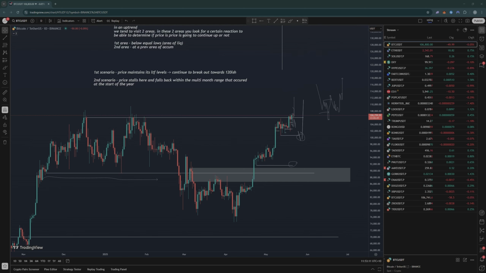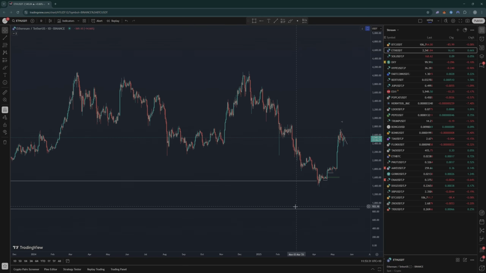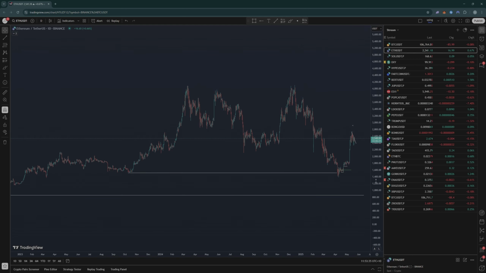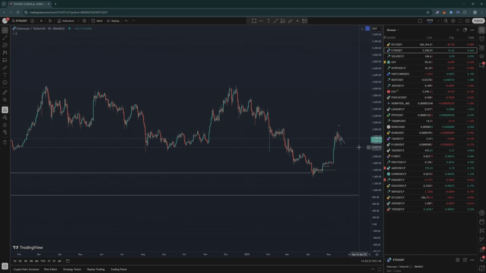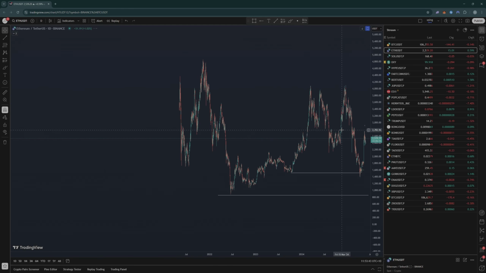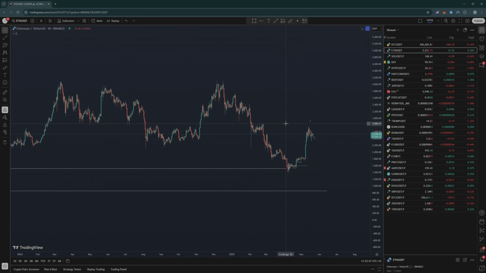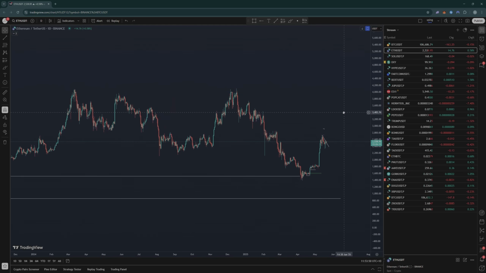Right, let's move on to Ethereum. So Ethereum, when we last covered this, we were down at around 1600 and it wasn't looking too good. But I gave you a clear game plan of what it will look like if we're going to continue up. And it honestly looks like Ethereum's going to catch up to Bitcoin. If you had asked me a couple of weeks ago, would I have said that Ethereum is the better opportunity play? I would have said no.